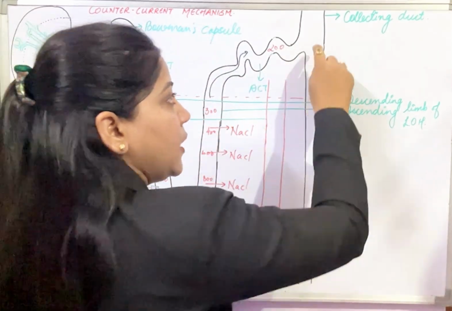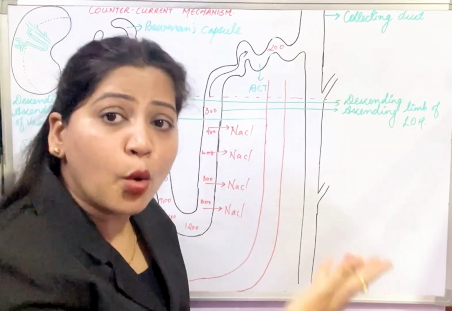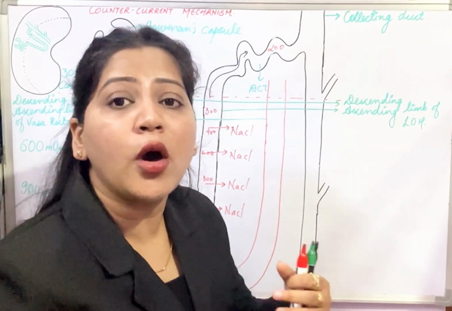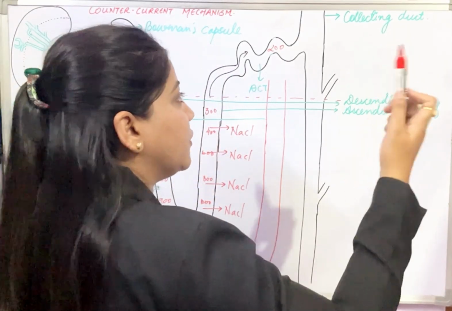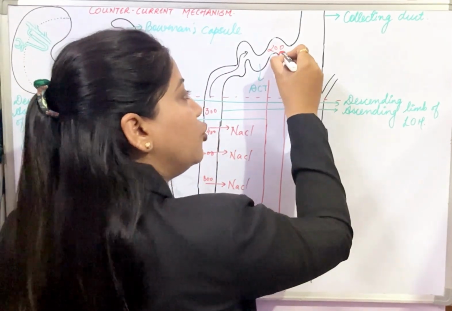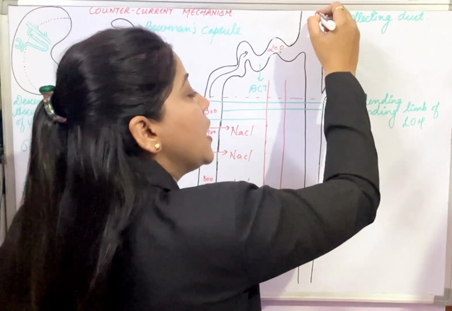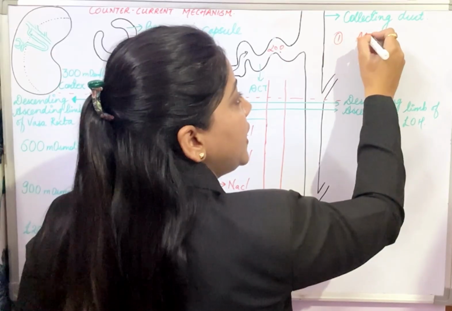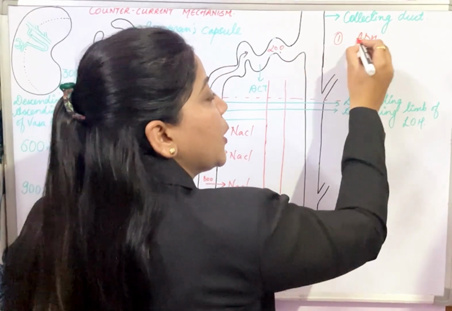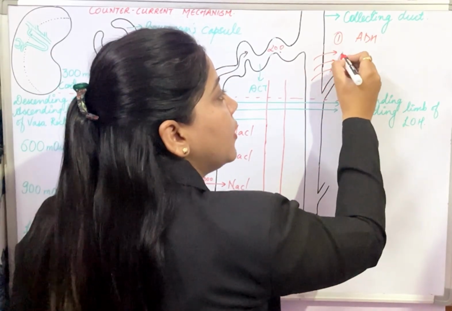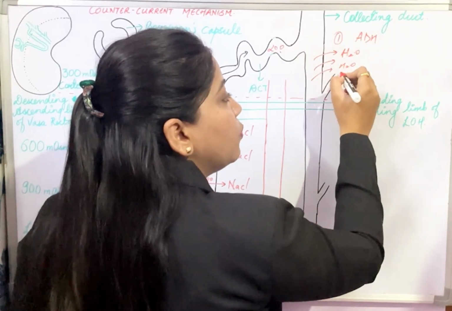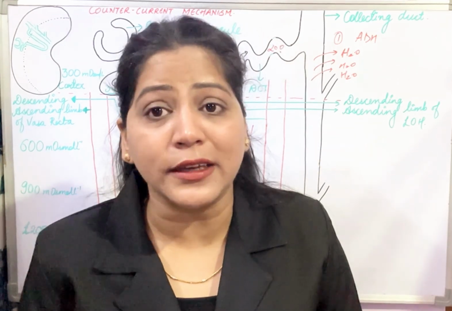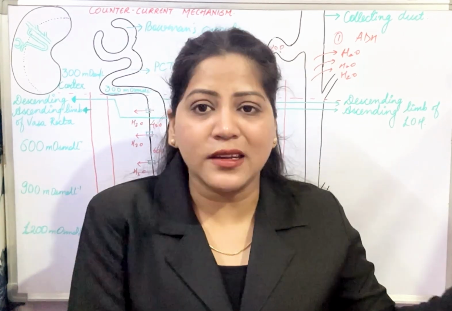As a result, in the scarcity of water, more and more water will be reabsorbed from the collecting tubule, or collecting duct, in your body. So in the first condition, when the diluted filtrate is moving in the collecting duct and there is a scarcity of water, ADH hormone is released, and because of this ADH, more and more water is removed. So what will happen when more and more water is removed from the filtrate in the collecting tubule to the interstitial fluid of the kidney?